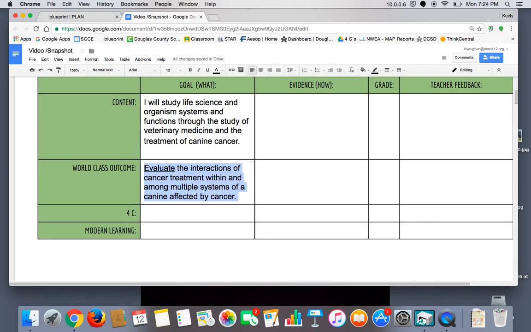So again, every time I have a goal, I'm going to request feedback from my facilitator so that I can continue to refine that goal. And I'm also going to seek peers out that are really excellent at giving constructive feedback to improve my goal if I have to. And this will give me a really good start in my Bloom's map. So when I go to make my daily learning targets, I'm taking the steps I need to achieve this higher level goal. Okay, so that's how you start by making a world-class outcome goal, combining what you're interested in with our world-class outcome and making sure that our content and our outcome are connecting and they're all working towards what I'm interested in.